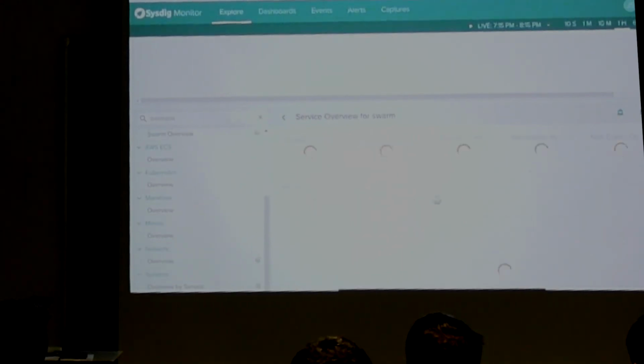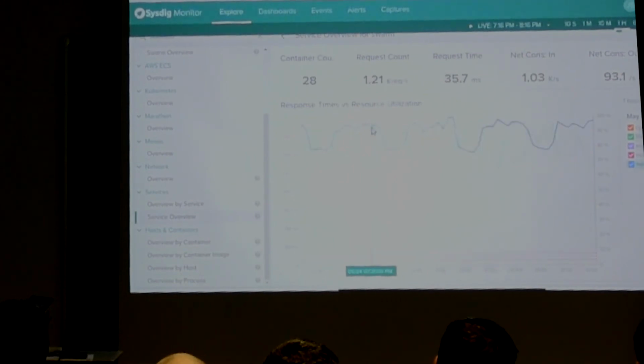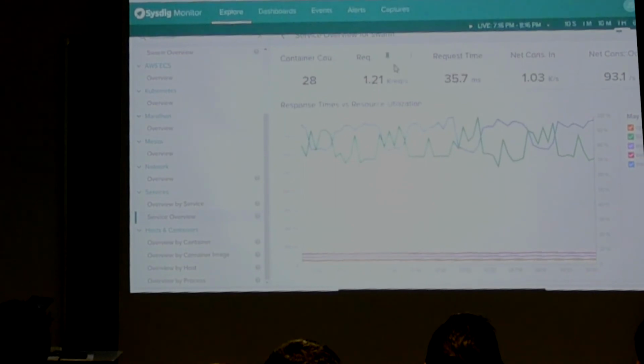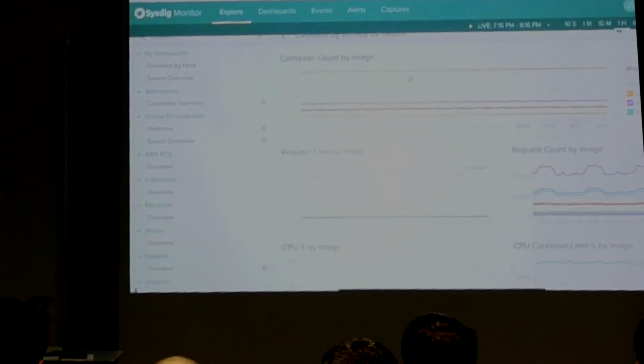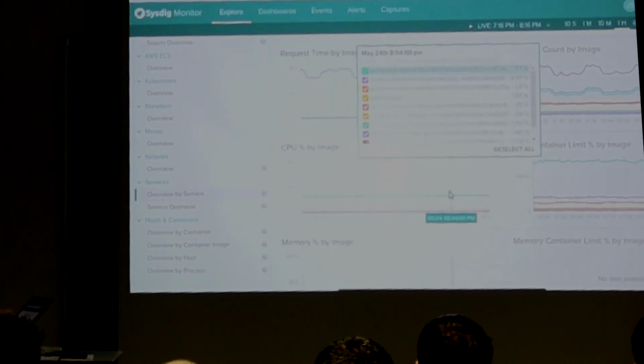Service overview. So automatically I can see on my services, containers, request counts, everything, or overview by service. So I can see how many container images I have for each of my services, request time, CPU by image. So I can see Postgres is taking out of CPU.